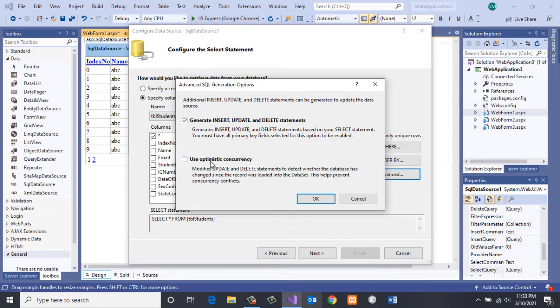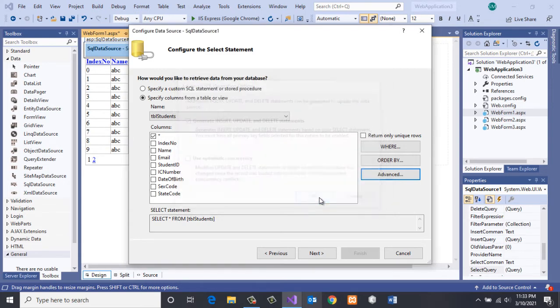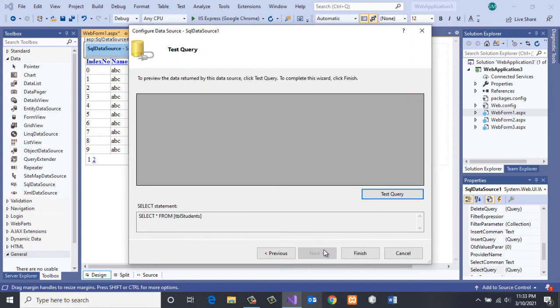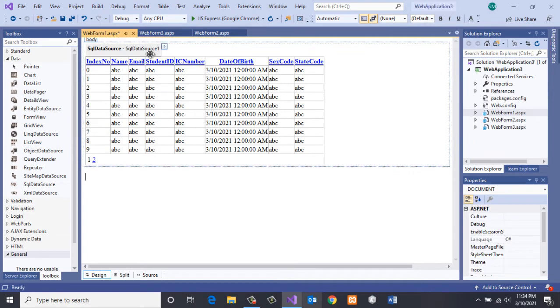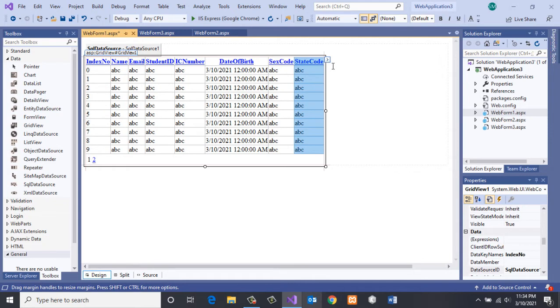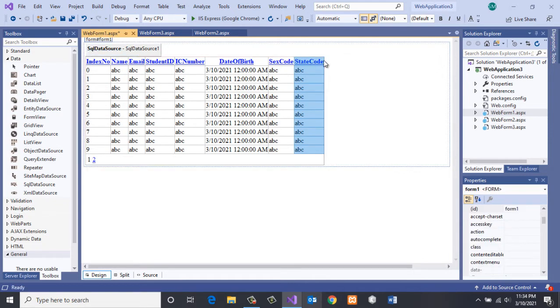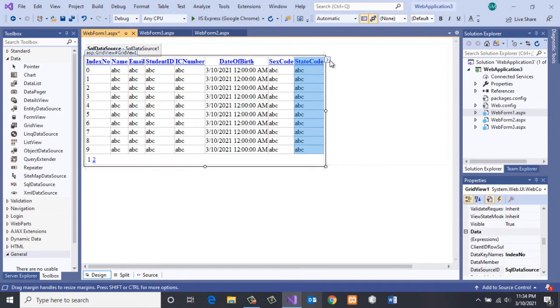Generate insert, update, and delete statements. By default it is not selected, so now I'm going to select this. Once we select this, this also appears, but you do not need to check this. Just leave this be, and I click OK. Then I click next, and I click finish. Once we have done that, now click